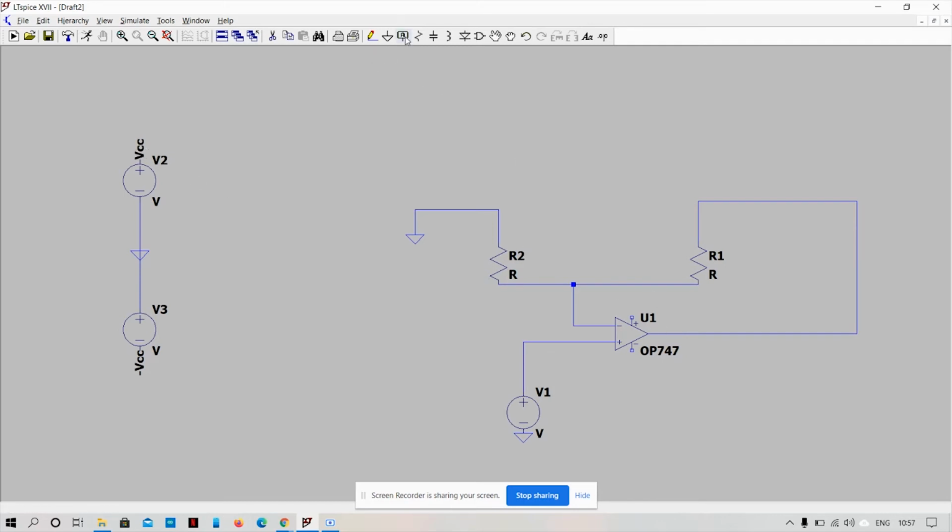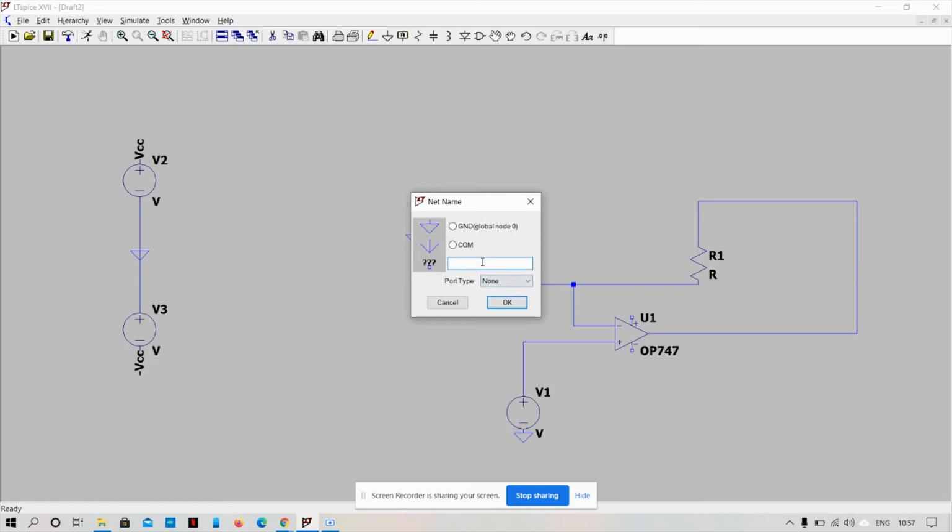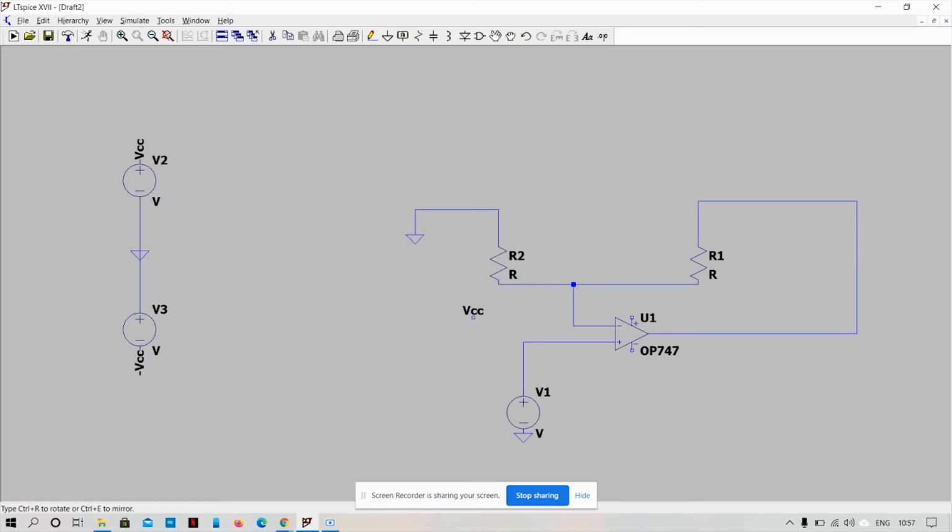So again go to label net and VCC. So you have to put it into the op-amp. See, just beside U1 there is a small square. Make sure that the square of VCC aligns with it. Then click on it and it's done.